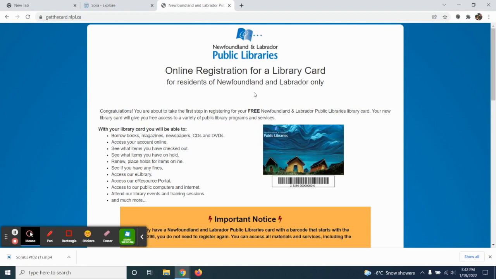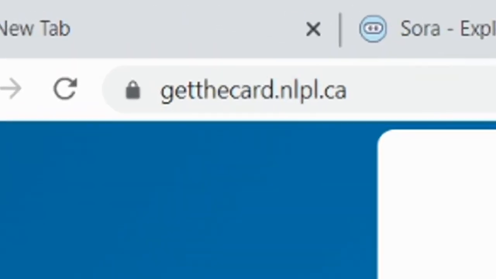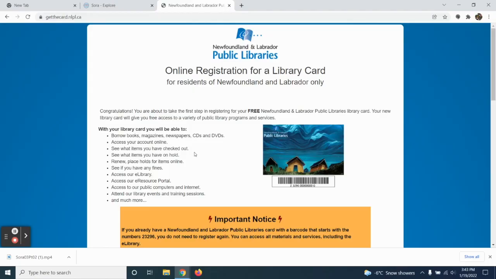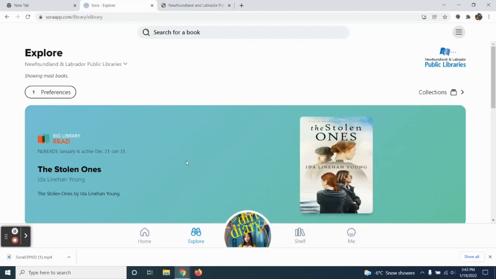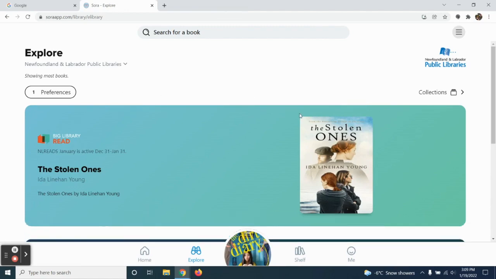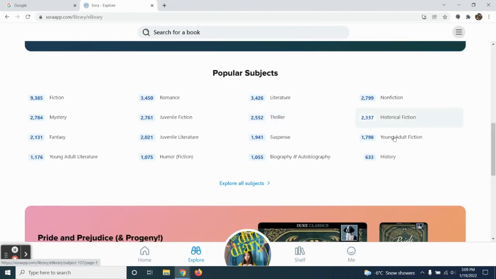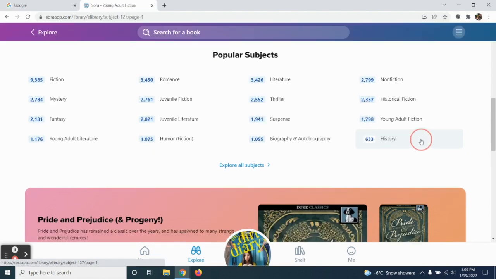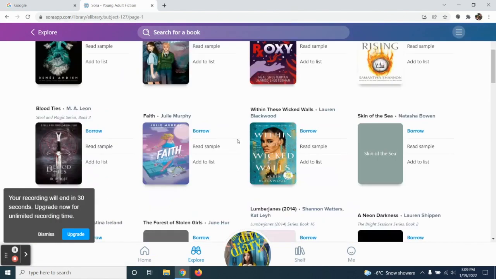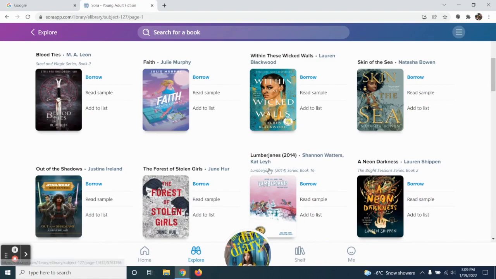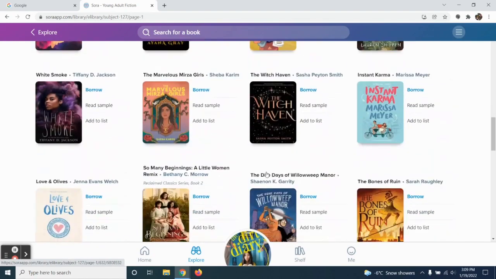It's free. It is available online at the website getthecard.nlpl.ca. And once you've signed up for that online, you can use it to log into the public library system through Sora. I'm able to access everything the public library has available, which includes a large selection of young adult fiction. And I'm going to scroll down through that and quickly download an audiobook